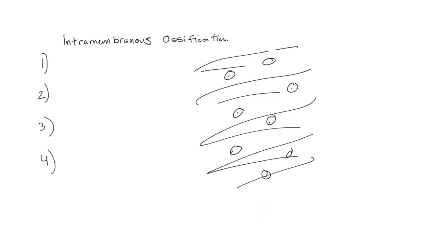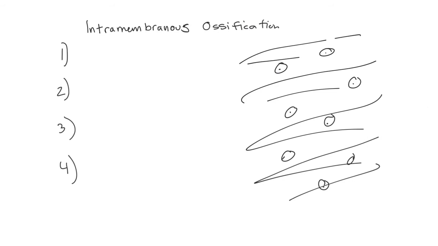All right, one of the questions was on what type of ossification occurs with flat bones, which is intramembranous ossification. The other type is endochondral ossification. Each of these has a different starting point. For intramembranous ossification,